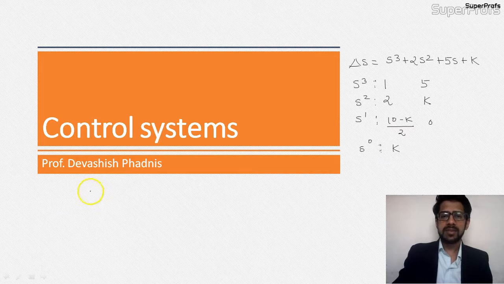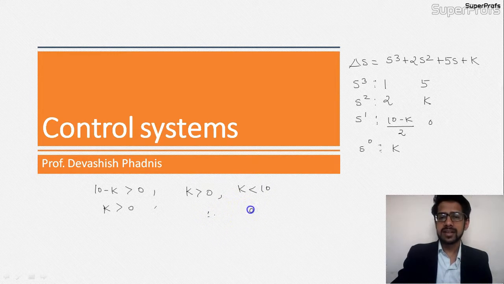Hence, we can form the condition for stability as (10 minus k) by 2 should be greater than 0 as well as k should be greater than 0. According to this, the limiting condition that occurs is k should be greater than 0 and should be less than 10. That's why we have a range for the values of k, that is, between 0 to 10, k will be giving such values to this particular characteristic equation such that the system